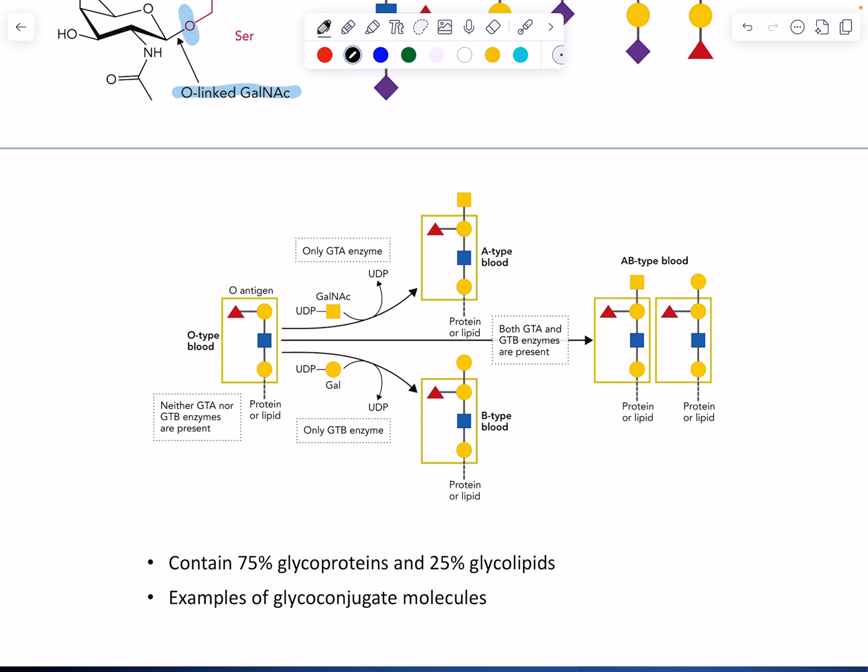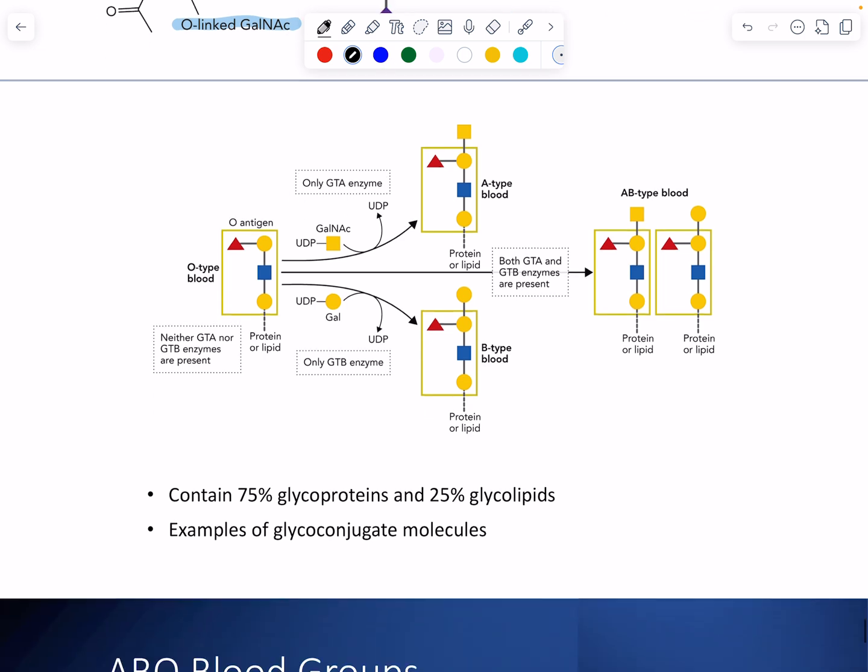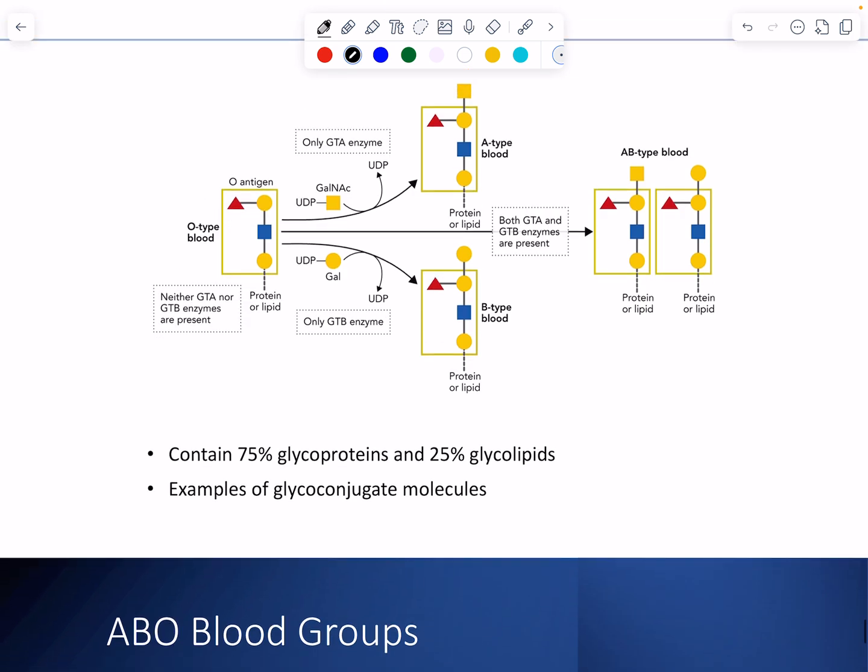So the reason you have different blood groups is because of the enzymes that make the glycoconjugates. So we're going to say linked to the expression of 2 enzymes. You don't need to know their names, but those are the ones that are responsible